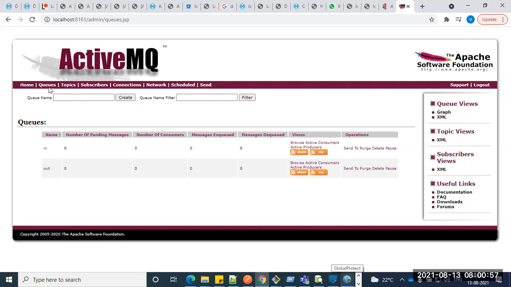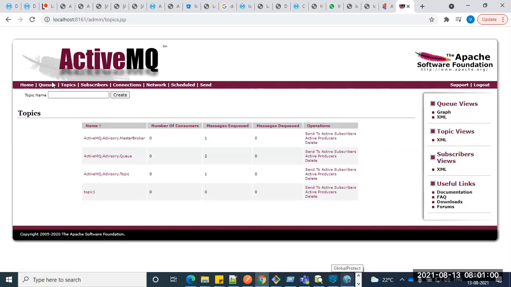Coming back to the queue and topic, hope you guys understand. Let's see how to create a queue here. I just want to create a queue and put a message into it manually. As I said, this ActiveMQ gets the messages, the tickets, from several vendors who send or publish into it. But I just want to create one manually and test it. How to create it manually? Here you can see the queue.